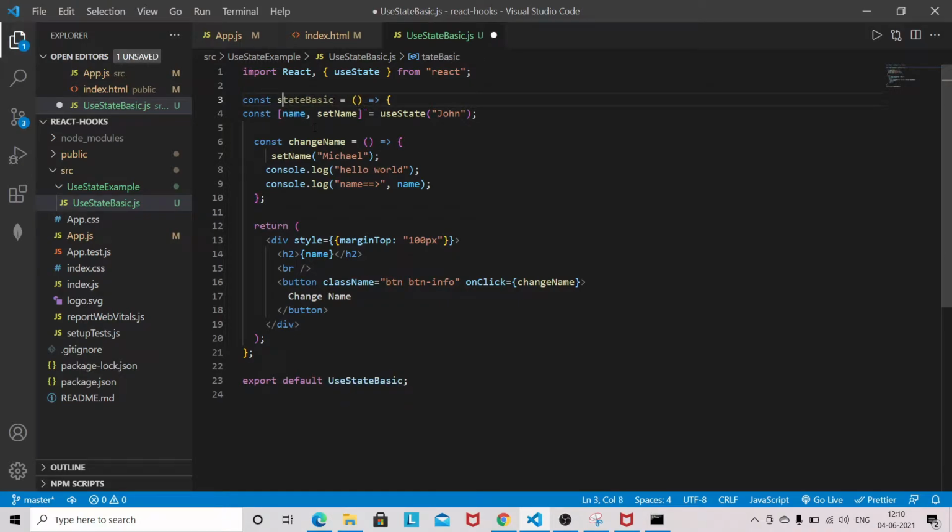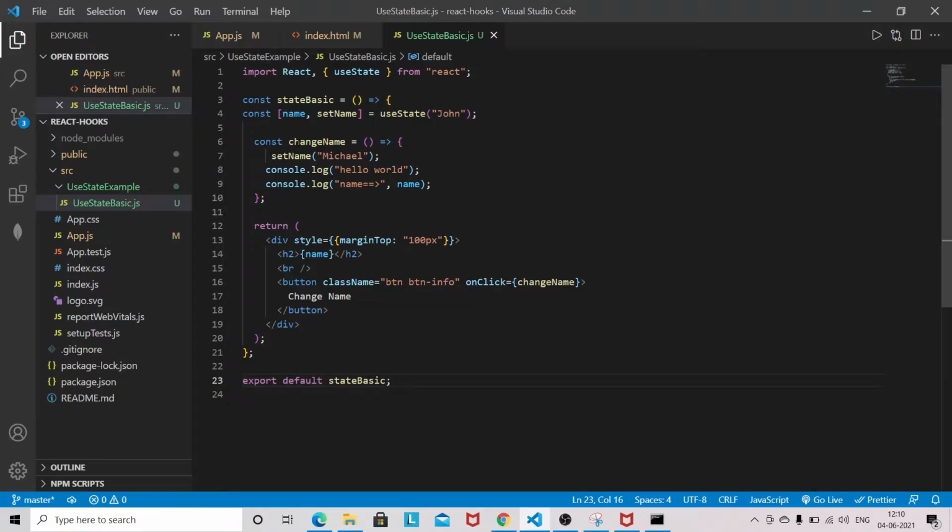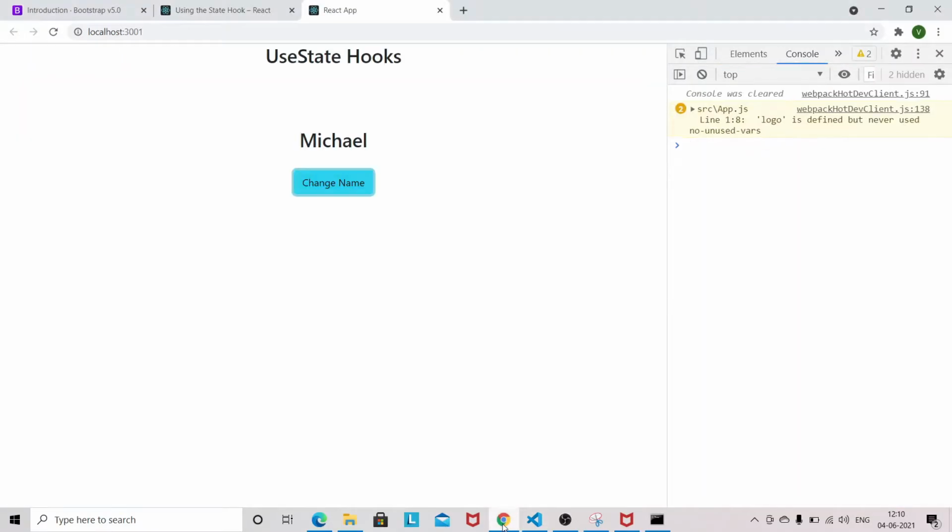If you do it like this, then you will see the error: React Hook useState is called in function that is neither a React function component nor a custom React Hook function. So it must be capitalized. Now I will revert the changes, and the error is gone.